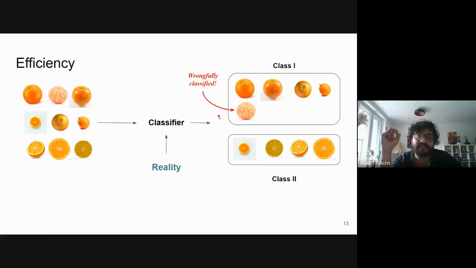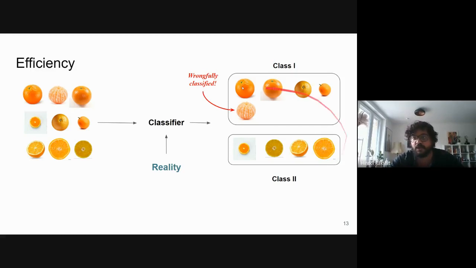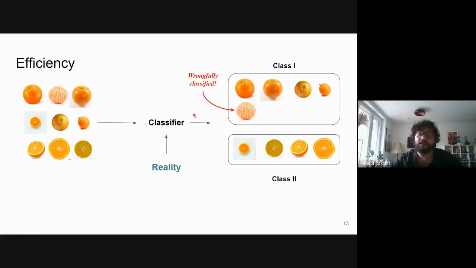Another thing you can say is that our original definition of the class system is wrong. Here I have tried to force it into two groups, whereas there should actually be three groups: the complete round unpeeled oranges as one class, the sliced oranges as another class, and the peeled ones as another. Yes, this is written by Ritam sir, that we can make the classifier peeled, unpeeled, and cut oranges. Not just that, I'm here to tell you that in machine learning there is no absolute right answer. Whatever you're saying is an assumption, the best case assumption you can take here.